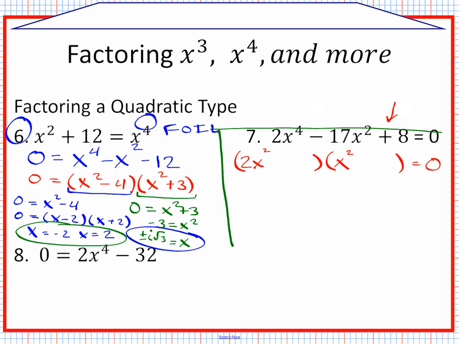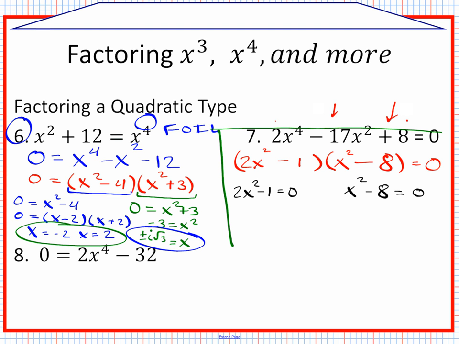I notice that I've got +8 here at the end, which means these must both be subtraction signs. And I notice this -17, which is really close to 2 times 8. So usually that gives me something like this: a -8 to multiply by the 2x squared, and a -1 to multiply by the x squared. So that's how this factors. And getting solutions out of this is as easy as setting those equal to 0 and solving. I'm going to solve by square roots again, because I think that's the easiest way for simple binomials